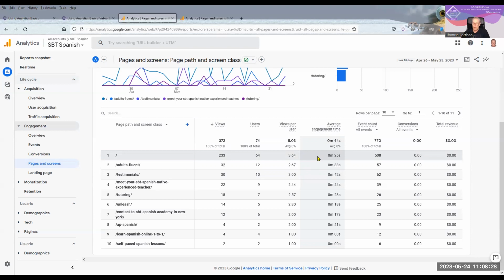That is going to tell you how long people spend on any particular page. The slash in the number 1 position means it's your home page. Then they're listed in the order of most popular, so however much traffic is going to the site, they get the highest position.